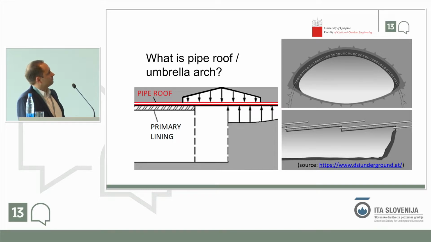First of all, worldwide there are different terminologies using this concept. In this part of Europe, pipe roof is probably the most common term, but worldwide you can encounter terms like umbrella, arch, shield, canopy also. But all these terms essentially stand for the same thing, and this system is essentially a pre-support system, which typically consists of